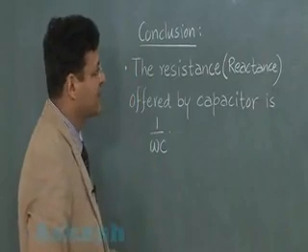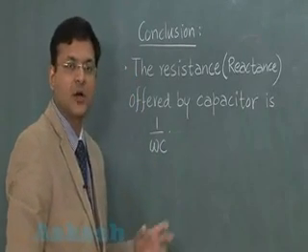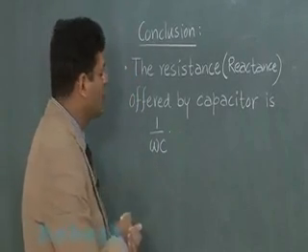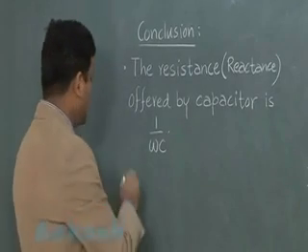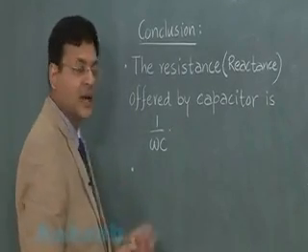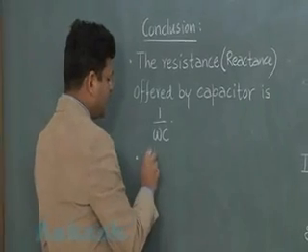The reactance a capacitor offers to an alternating EMF has the magnitude 1 by omega C. Second important conclusion you are drawing is that the current